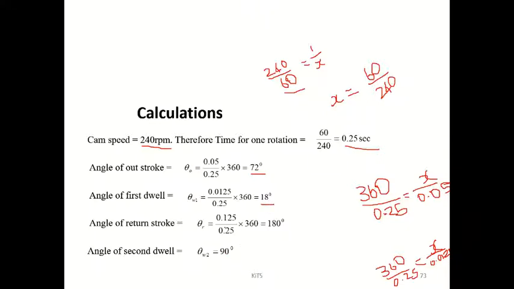Similarly, next one, once again for angle of return stroke. The return stroke is 0.125 seconds. So 0.125 seconds means 180 degree. So 72 degree, 18 degree, 180 degree. Total angle is 360 degree. So 72 plus 18 plus 180,